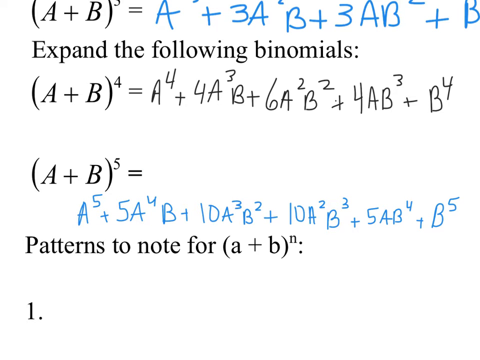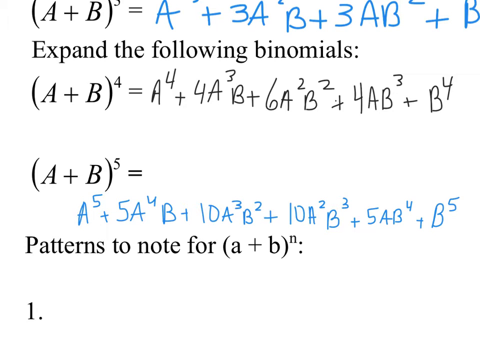Alright, let's check our work. For a plus b to the fourth, I ended up with a to the fourth plus 4a cubed b plus 6a squared b squared plus 4ab cubed plus b to the fourth. And for a plus b to the fifth, I ended up with a to the fifth plus 5a to the fourth b plus 10a cubed b squared plus 10a squared b cubed plus 5ab to the fourth plus b to